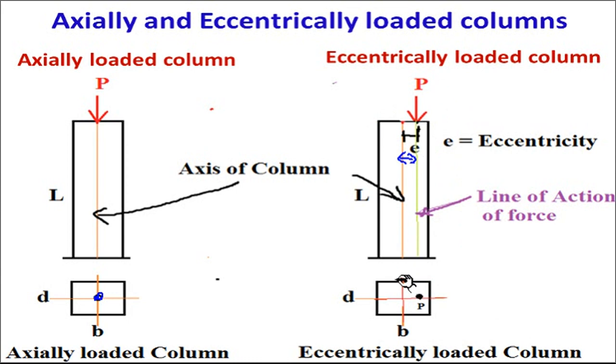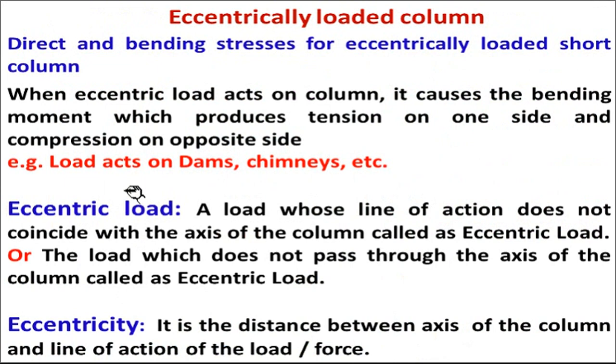Now you can see this is the crossing point of the cross section, this middle point, and here load P is acting at this particular point. It is not at the center. When this eccentric load is not acting at the center, it produces a moment. Whenever there is a force and some perpendicular distance, it causes a moment. Here that moment is caused by the axial load P into the perpendicular distance e. So that moment is P into e. That is called an eccentrically loaded column.